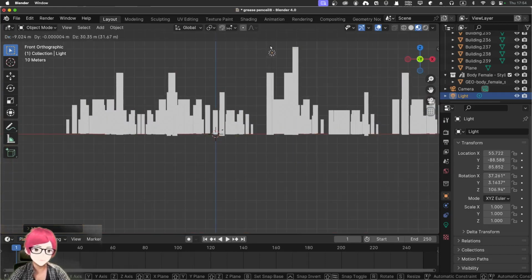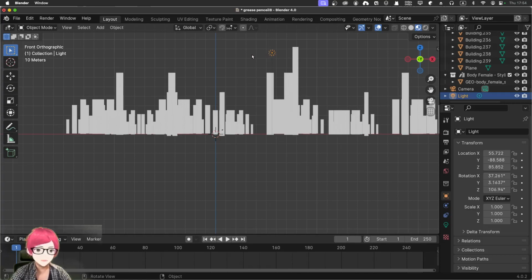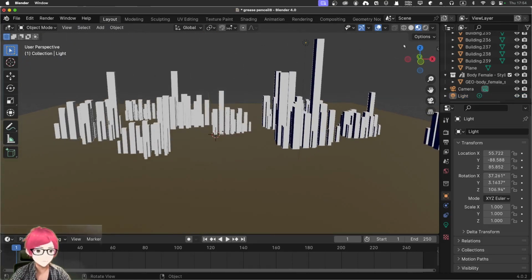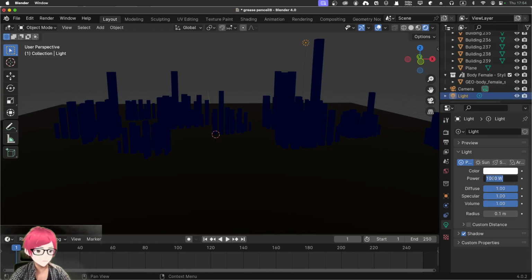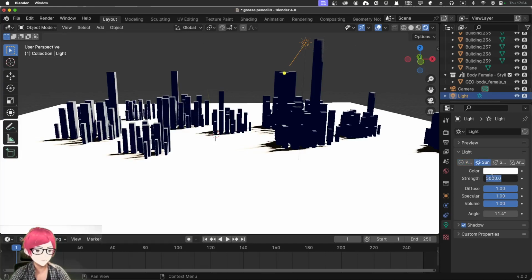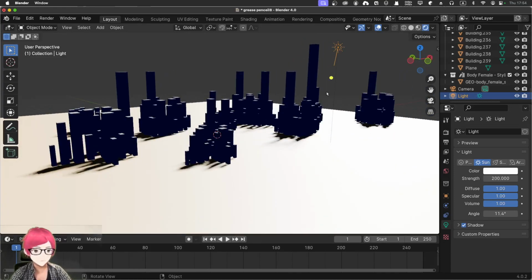We don't need to be 100% precise because I'm still not very sure about what we are going to do with the scene. Right now the light is too low. Let's just increase it to like 5,000, something like that. Maybe 500. That's too much. 500, 200 maybe. Yeah, doesn't really matter. Okay, so I just got the scene, and I imported the female body stylized